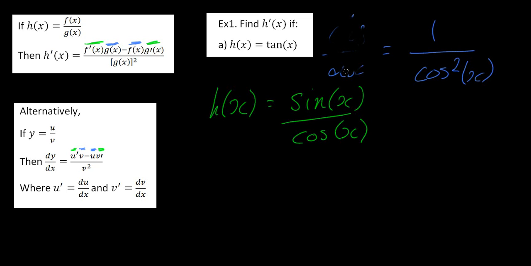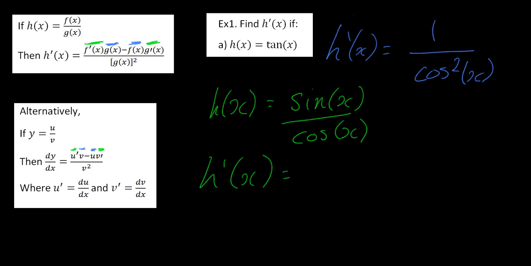Just rub this out. Maybe I'll get a bigger brush. Make this a lot easier. Okay. So this is h dash. And we're going to try to see, using the quotient rule, see if we can get it down to 1 on cos squared. Okay, so h dash is going to be, so first of all, we know that we have